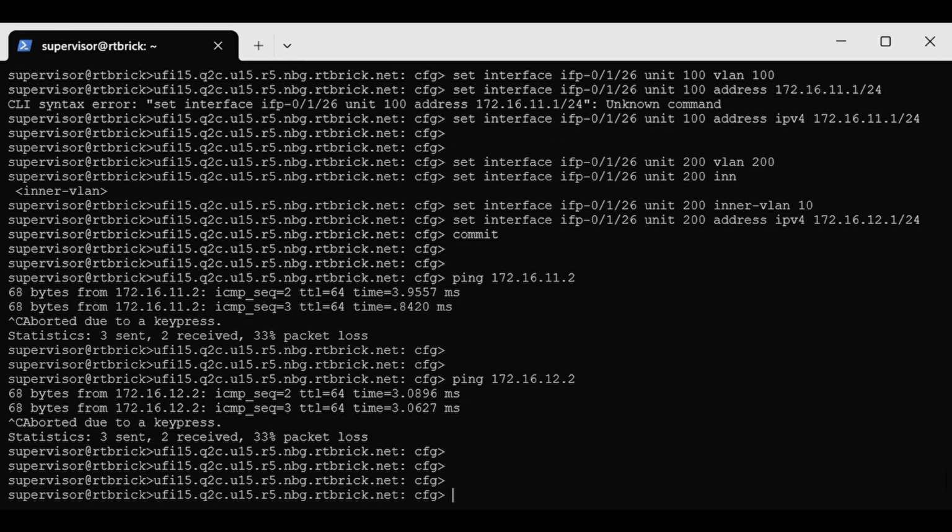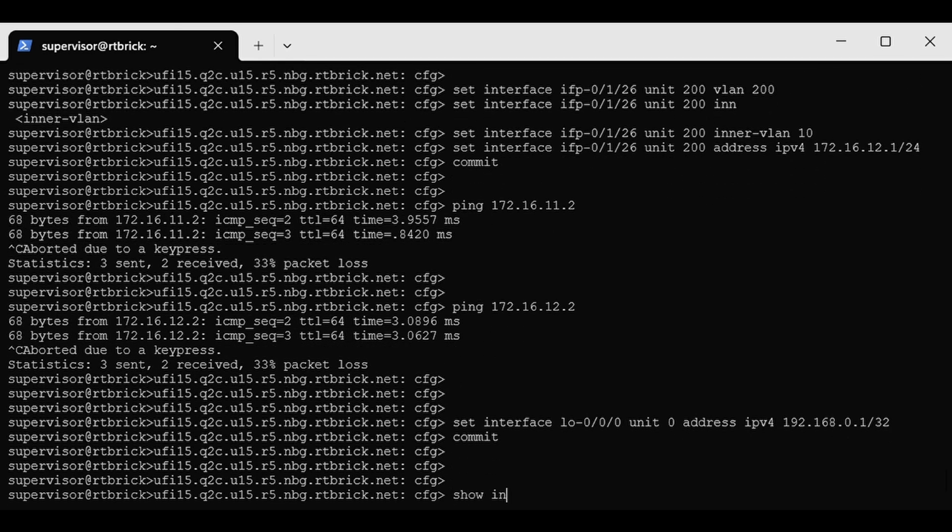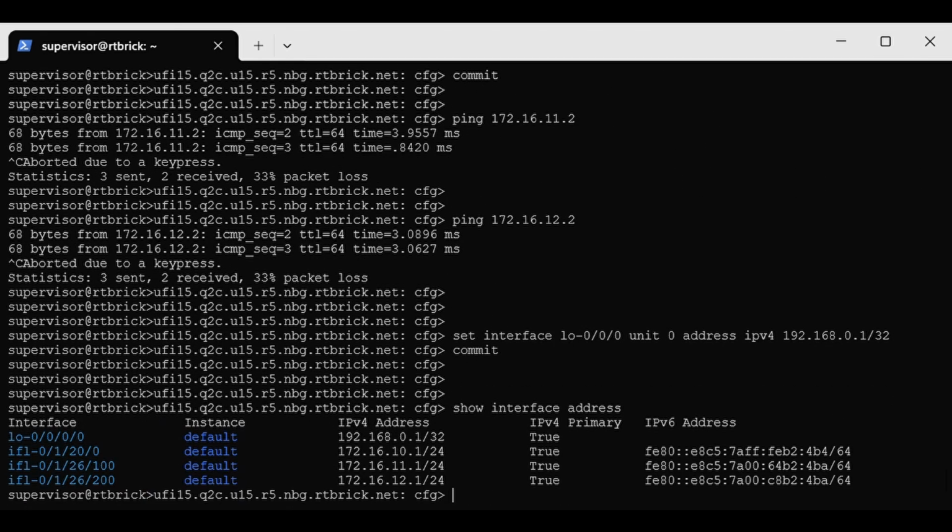For IP routing, it is very useful to have an interface that is independent of the status of any individual physical port and remains stable. These interfaces are called loopback interfaces. We can configure a loopback interface and assign an IP address to it using the command set interface LO 0/0/0 unit 0 address IPv4 192.168.0.1/32. To get a list of all IP addresses configured on the system's interfaces, RBFS provides the show interface address